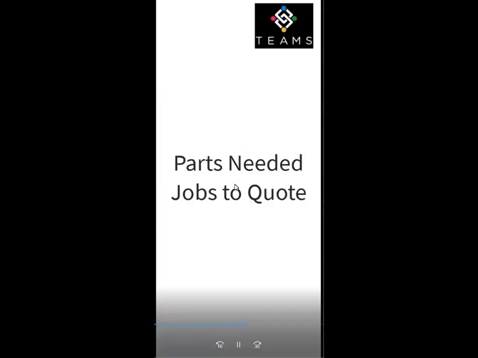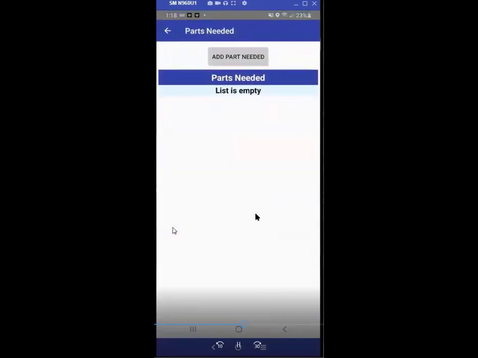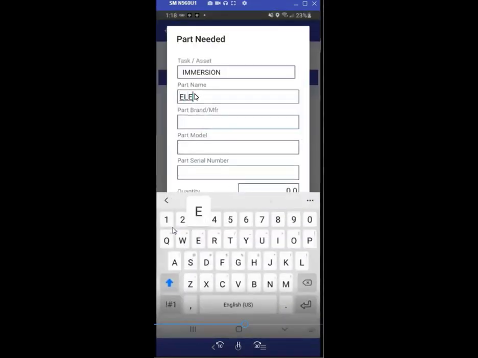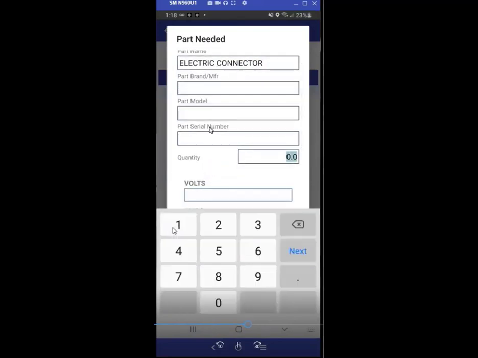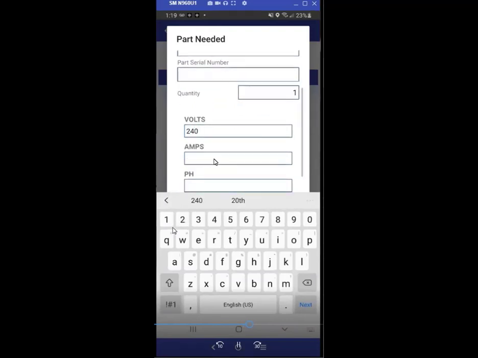Then after you take your pictures, you can enter what parts are needed. And so for that, we have this section of the parts where you enter the part name. Hopefully you can find the manufacturer, model, serial number. So you enter all these details that the form is requesting from you, the quantity. And for many parts,